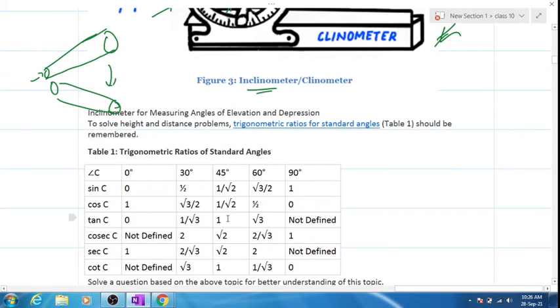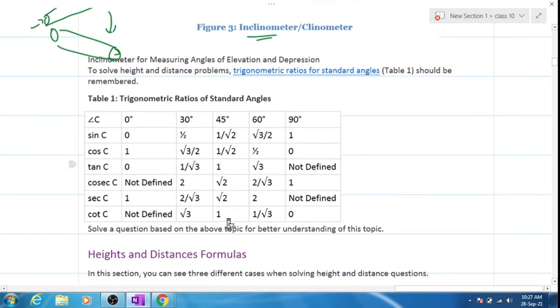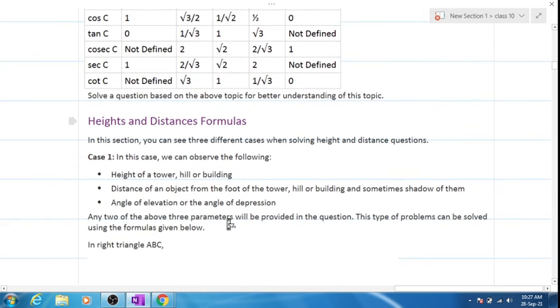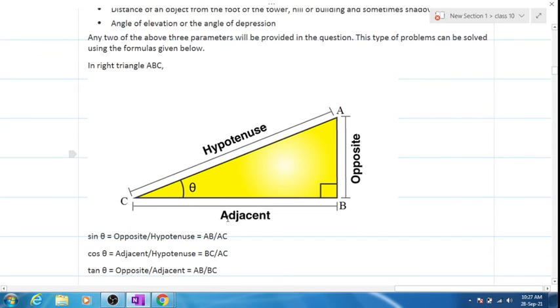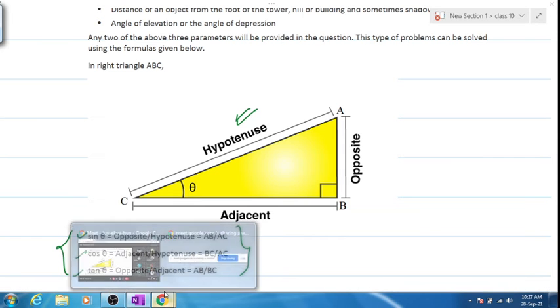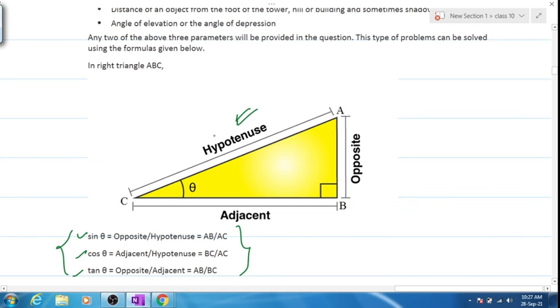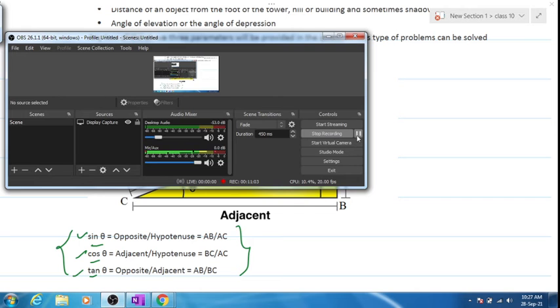Now, this trigonometric table, I hope it's clear to everyone. People remember this table properly. So there are various formulas you'll be using out here. Formulas are nothing. It's just that if we have this kind of a triangle, you'll be using sine, cos, and tan. These three formulas are the trigonometric ratios. So I would expect people to copy at least this triangle and write the value for sine, cos, and tan theta. I'm pausing the video, kindly note it down and let me know when it's done.